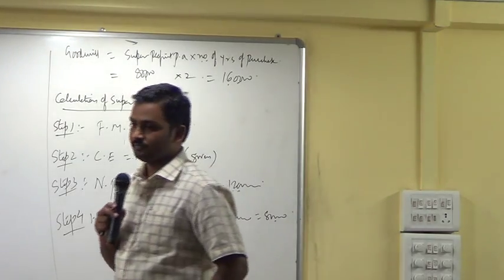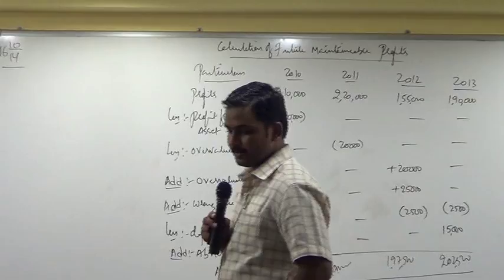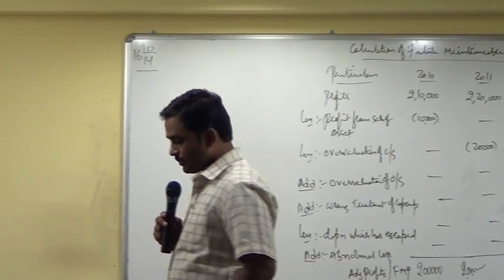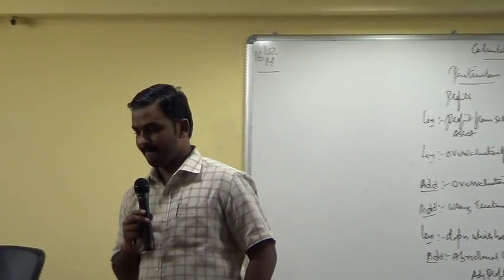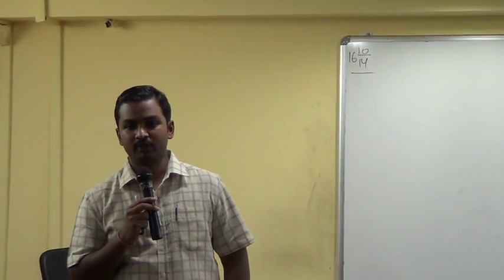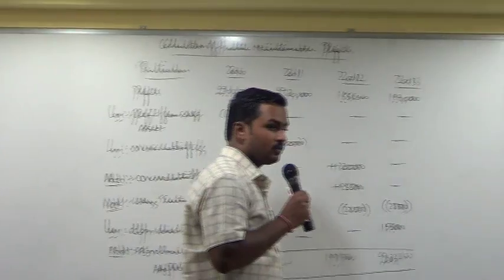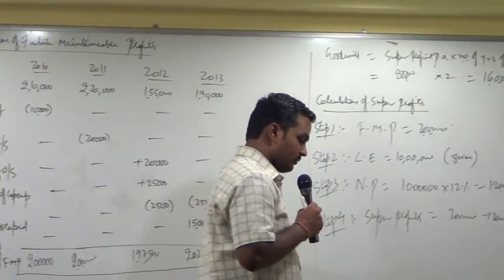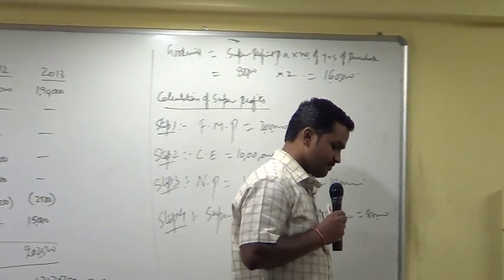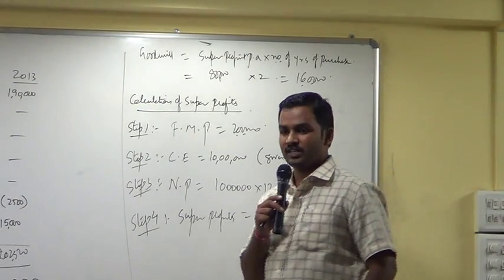Under this method, goodwill is calculated by the following formula. Right, goodwill is equal to